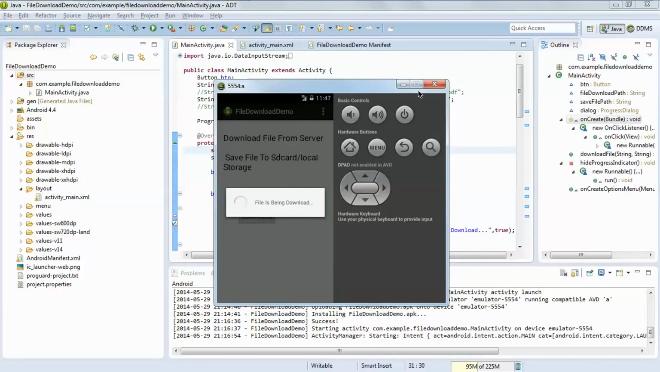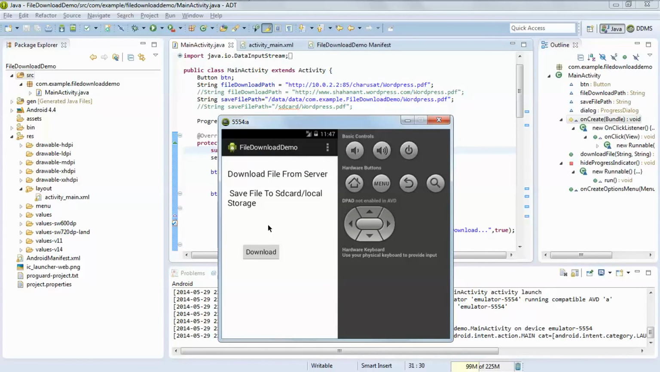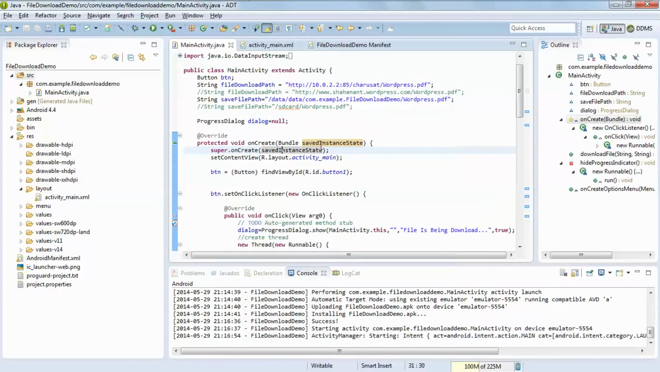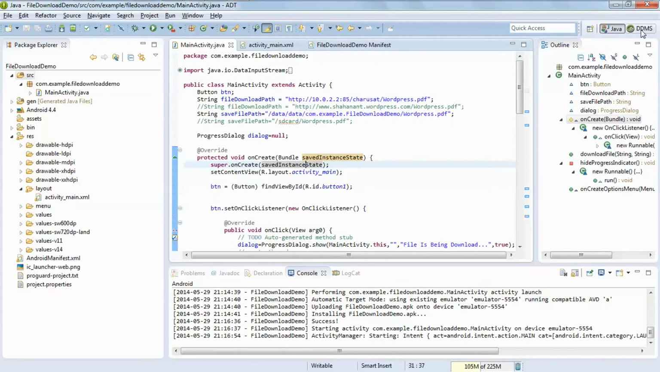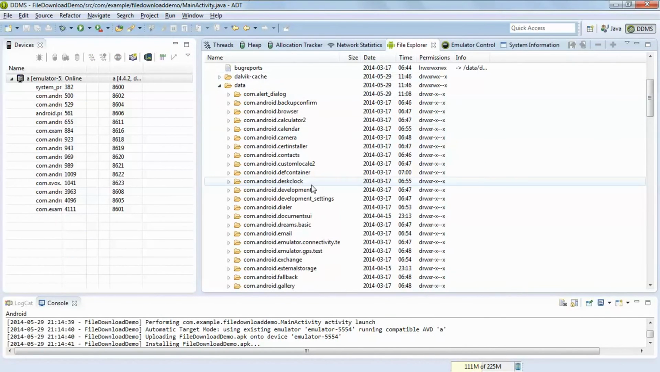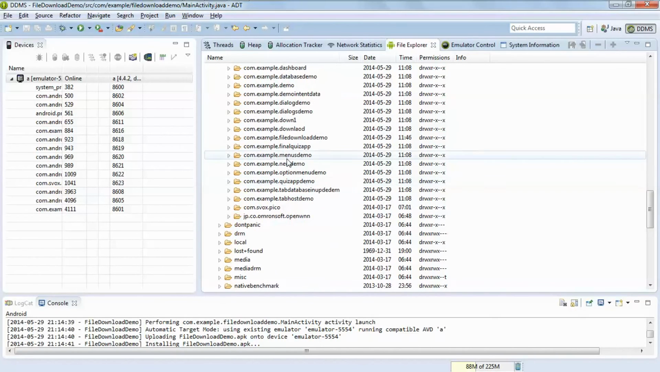If your save path is wrong, it will show you the error, or in case of your URL also. So be specific on this file download path and save file path. You can also show a message as completed, but when your progress bar is hidden, it means your work is done. See, just here we are going to check the file download demo. Inside that,